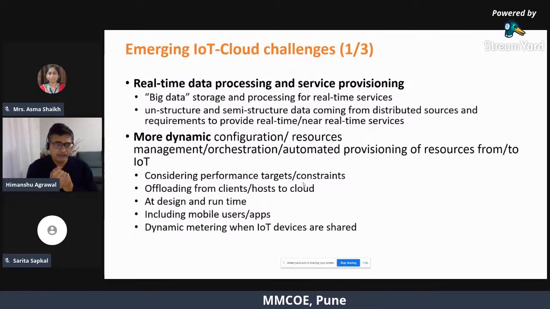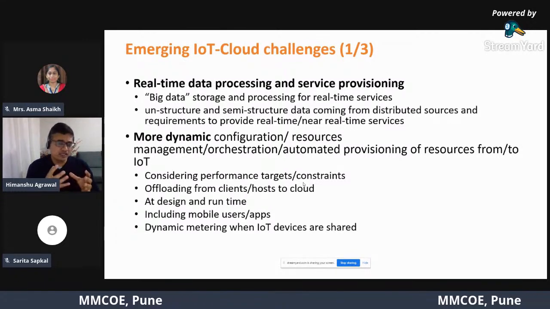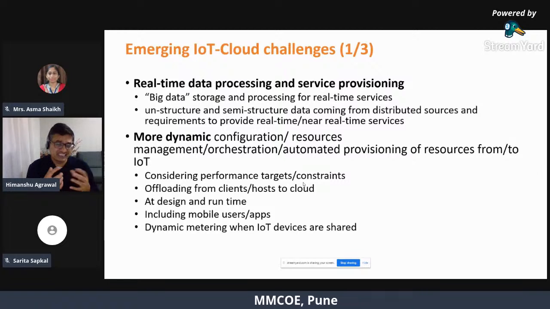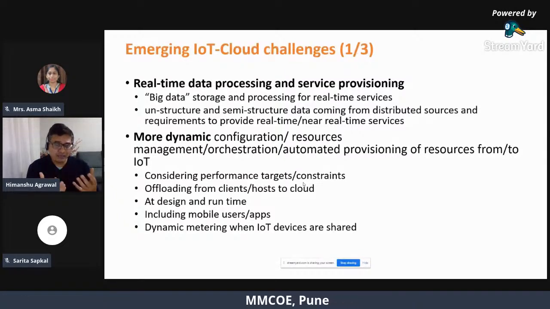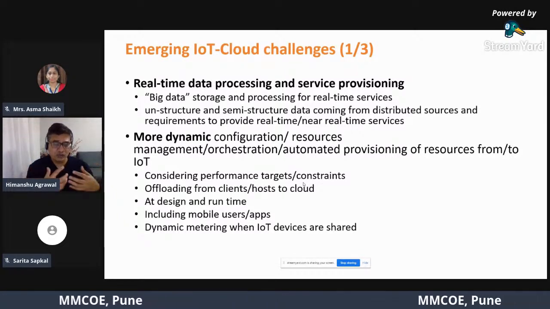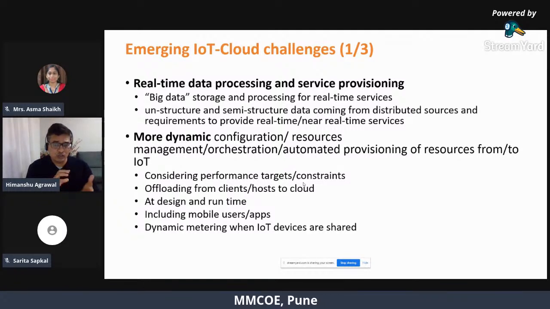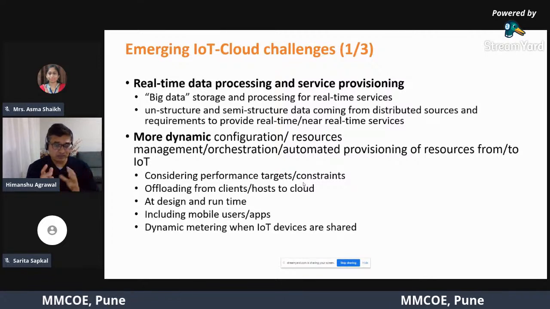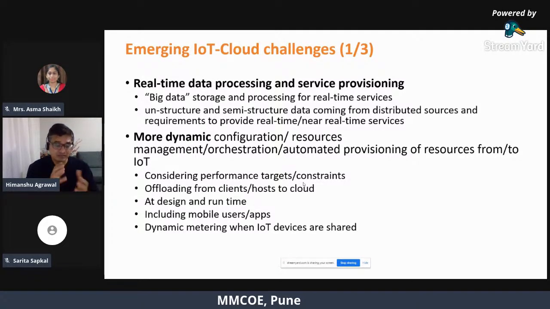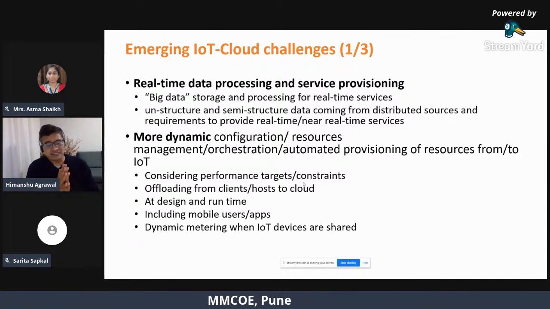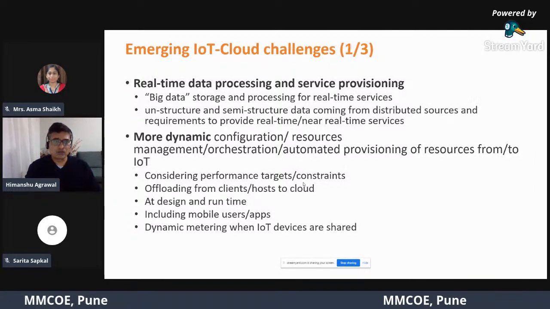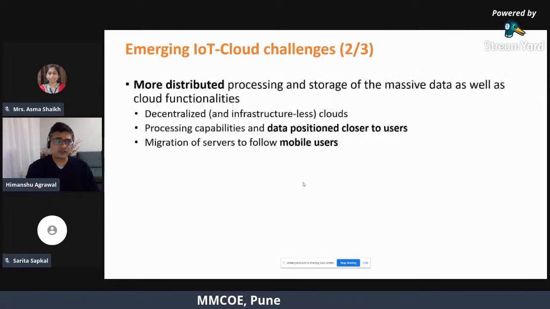industry, right? If you see here, it's more dynamic, as I mentioned in the case of SDN and IoT also. It is a more dynamic kind of environment when we see cloud and IoT together. So automated provisioning of resources, or resource management, is quite challenging because of the dynamic behavior of such resources. So yes, I think this is another important challenge when you look at cloud and IoT together.